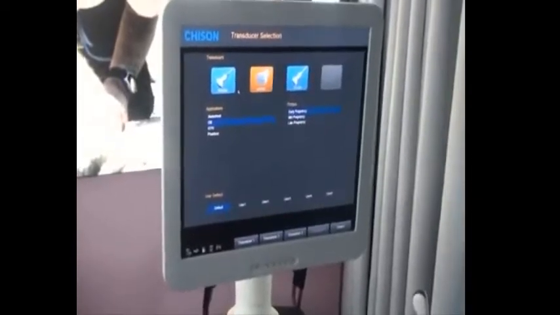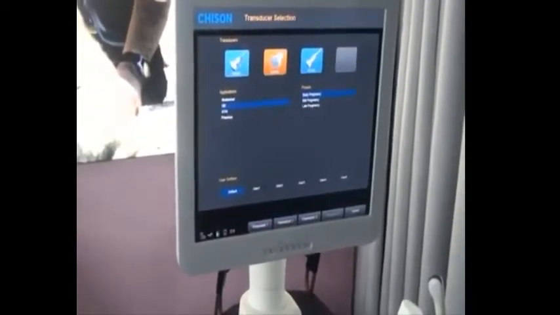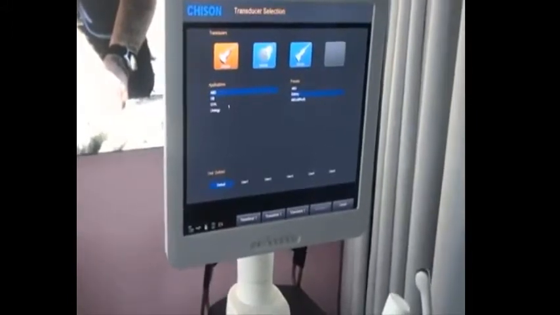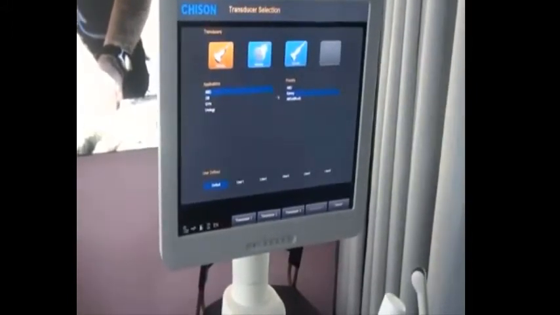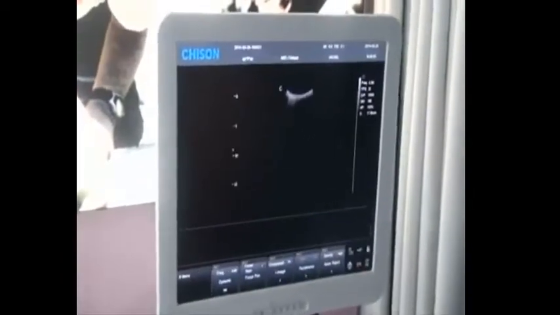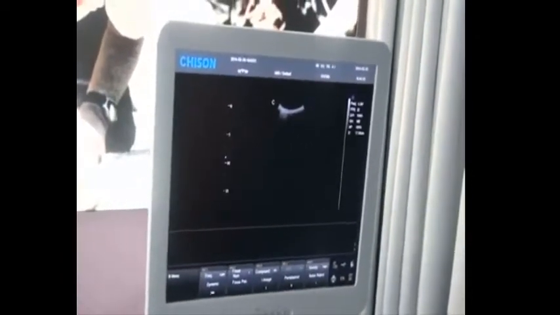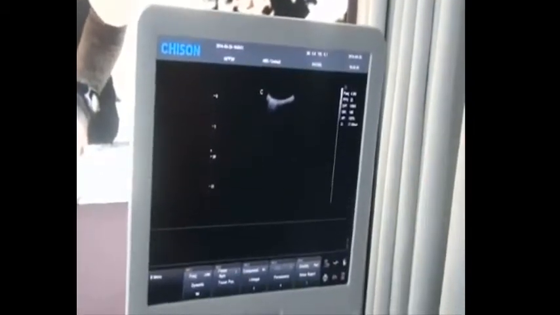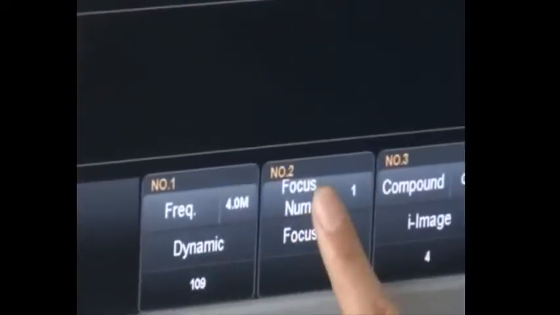Second, press the probe key to enter the transducer selection interface. Move the trackball and press the Enter key to choose the probe. Application preset. Double-click the Enter key to enter into the default preset in B mode. In B mode, we have many parameters to adjust, but the most important is frequency, dynamic, focus number and focus